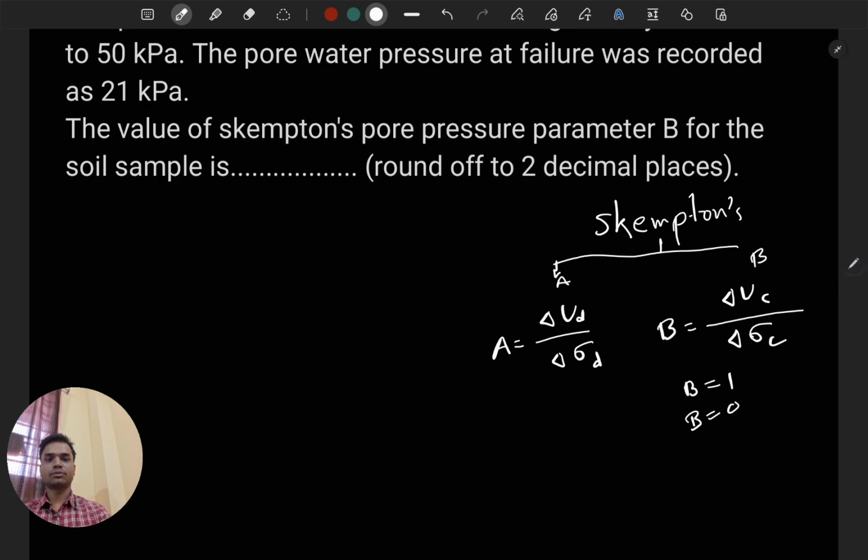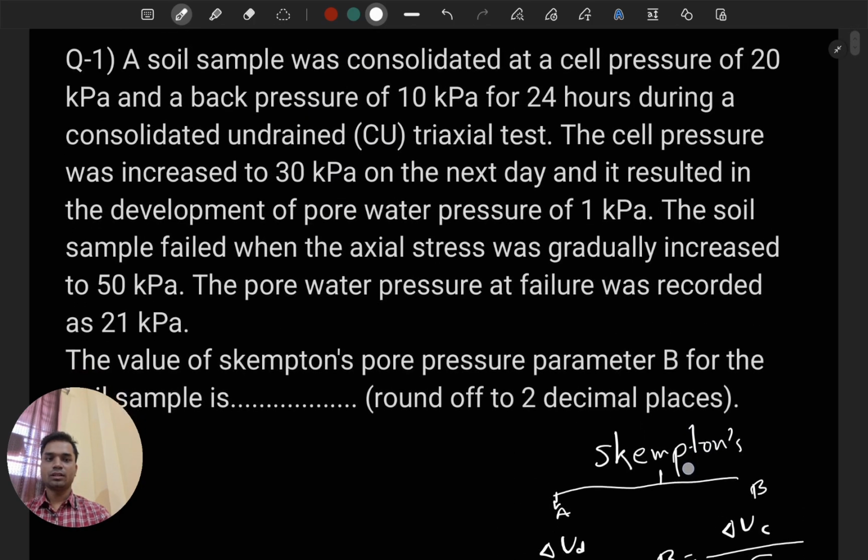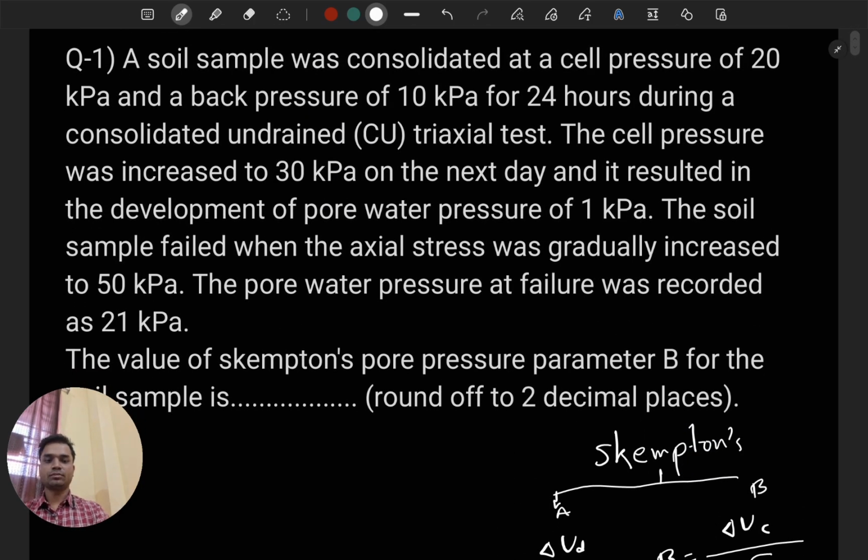In the question, they have asked to find parameter B. What is given in the question: the cell pressure is given, the consolidated cell pressure,